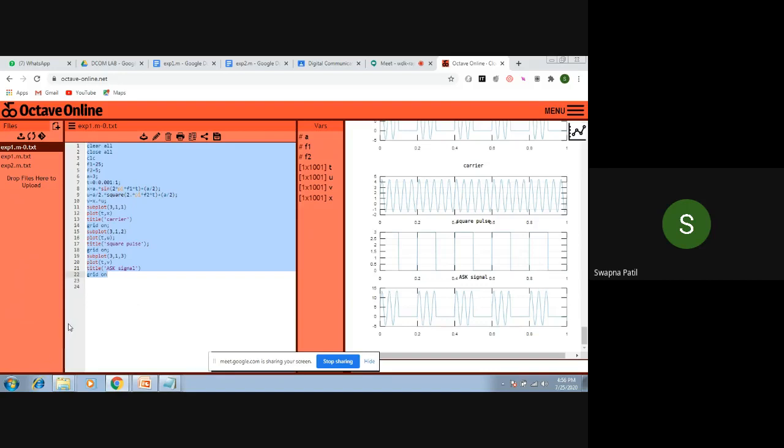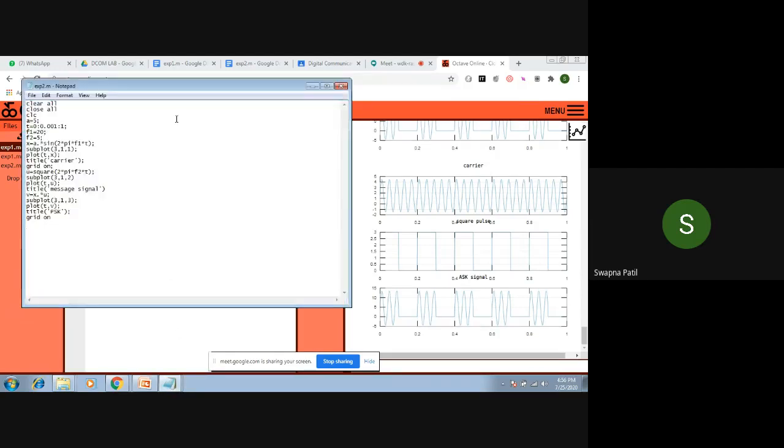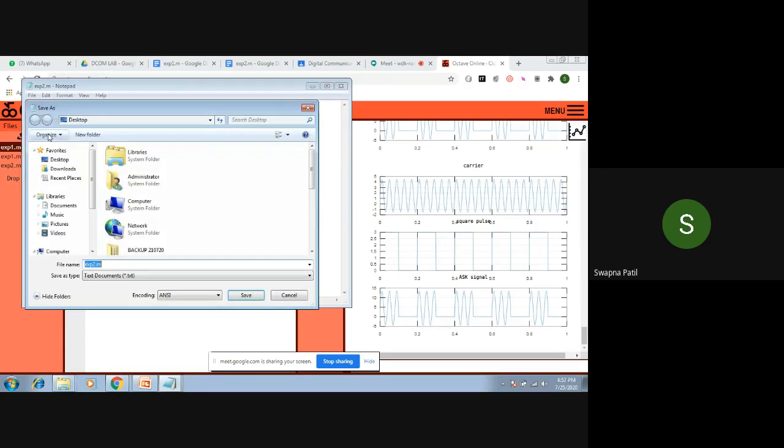Suppose experiment number 2 is PSK. I will just edit that experiment in Notepad, and save that file as experiment number 2.m.